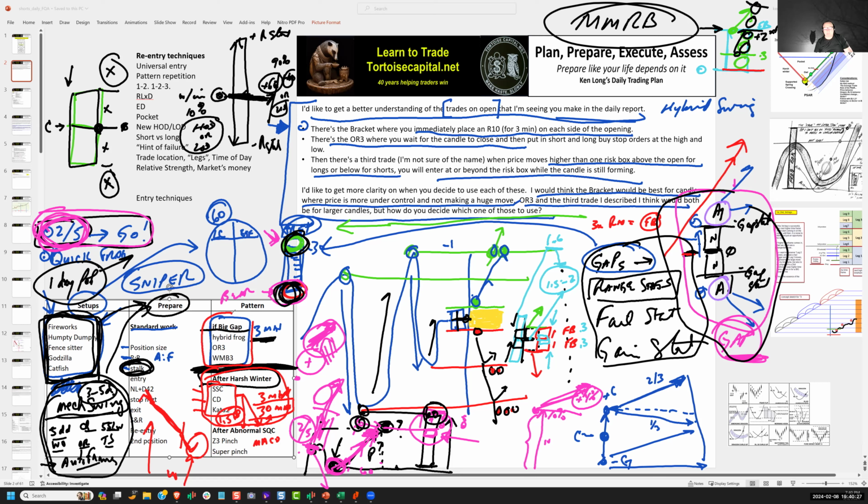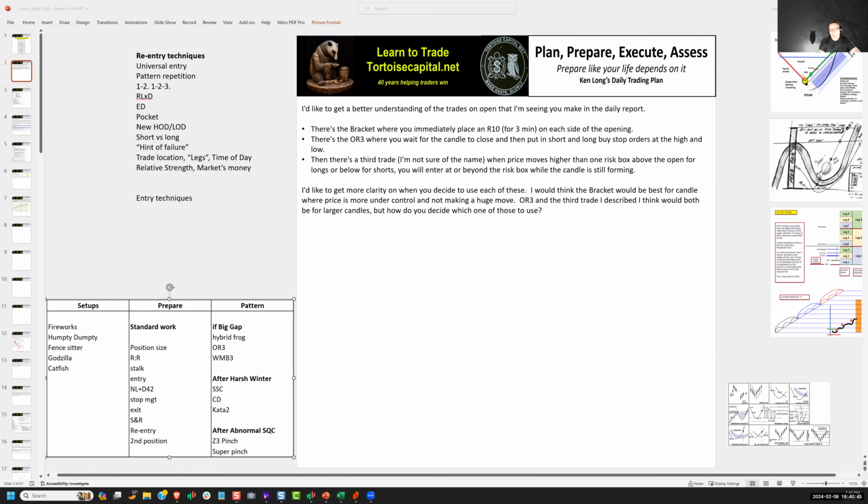So now what I want to do is talk about how these other means and modes of entry can also benefit us. Let's see. So 3-minute charts, if there's a big gap, the hybrid frog is nothing more than from the open, I can put